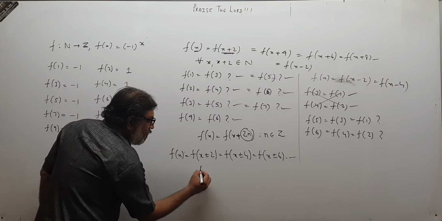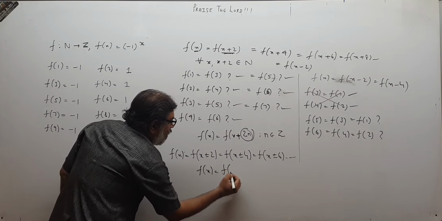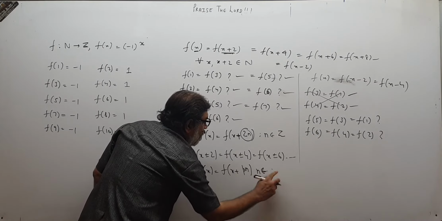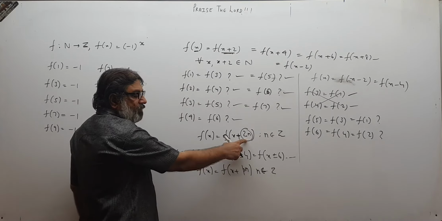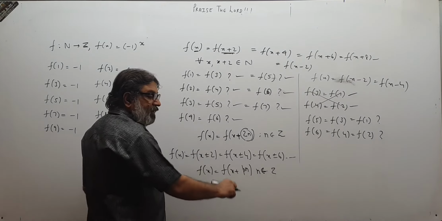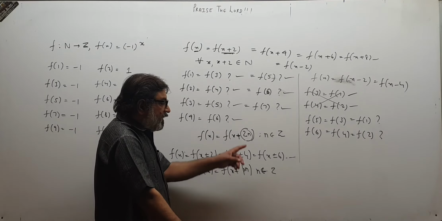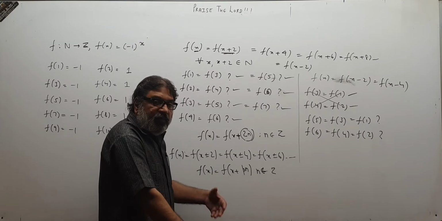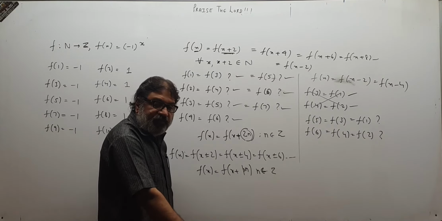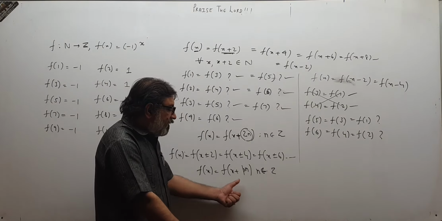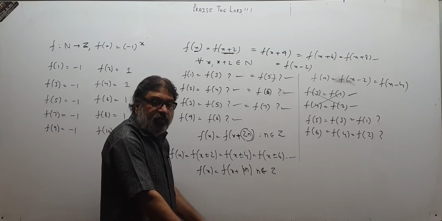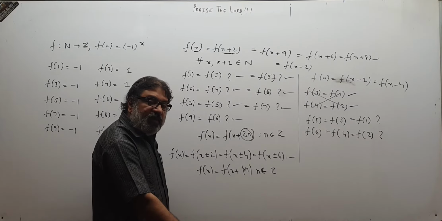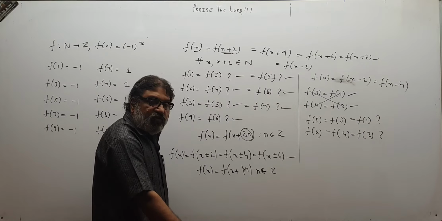So in short, f(x) will be f(x+pn), where n belongs to Z. Just like f(x+2n), in general it will be x plus pn, where n belongs to Z. Here there are multiples of 2, then there can be multiples of 3 in some function, or multiples of 4, or half, or 3 by 2, whatever. In general, f(x) should be f(x+pn). If f(x) is f(x+pn), if this type of property is there with the function, then such a function is called a periodic function.